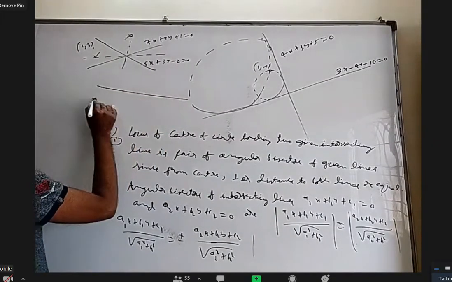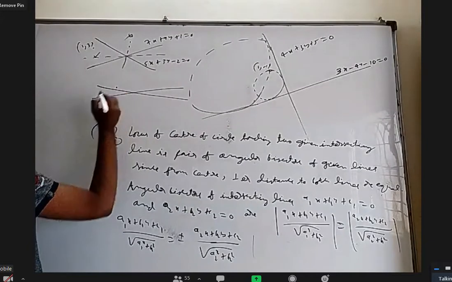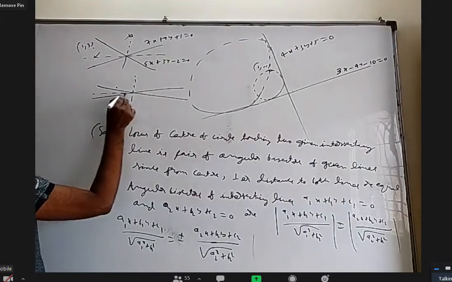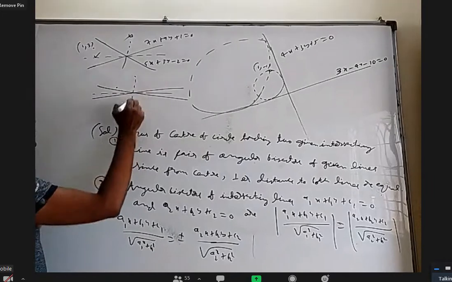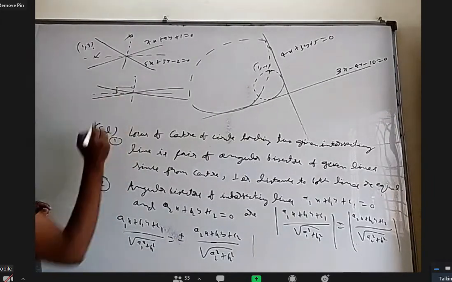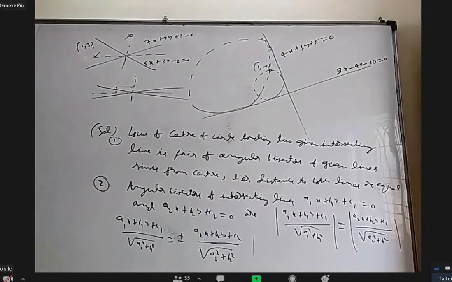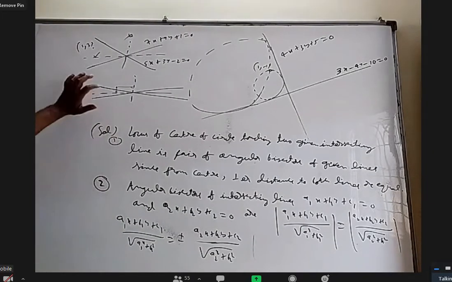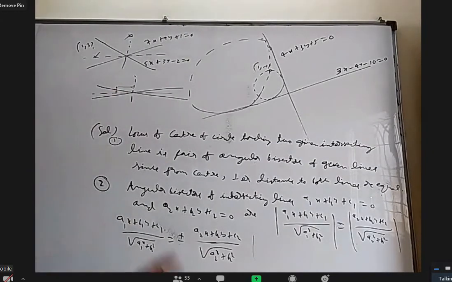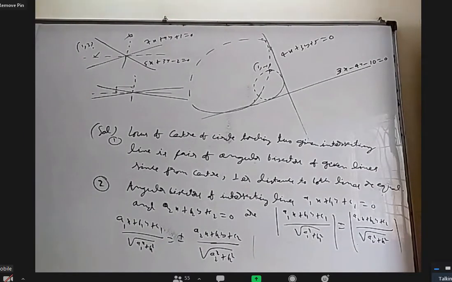Let us say these are the two lines. My point is here. This is one angular bisector, this is another angular bisector. I want this line, but you see that it is at a greater distance, while the other is at a shorter distance. Am I right? So this is not useful. If you want to find the acute angle bisector or obtuse angle bisector, that concept will be useful: you take a point on the line, find the distance to both of them, whichever is less, that is the acute angle bisector, whichever is more, that is the obtuse angle bisector. But here it is not.